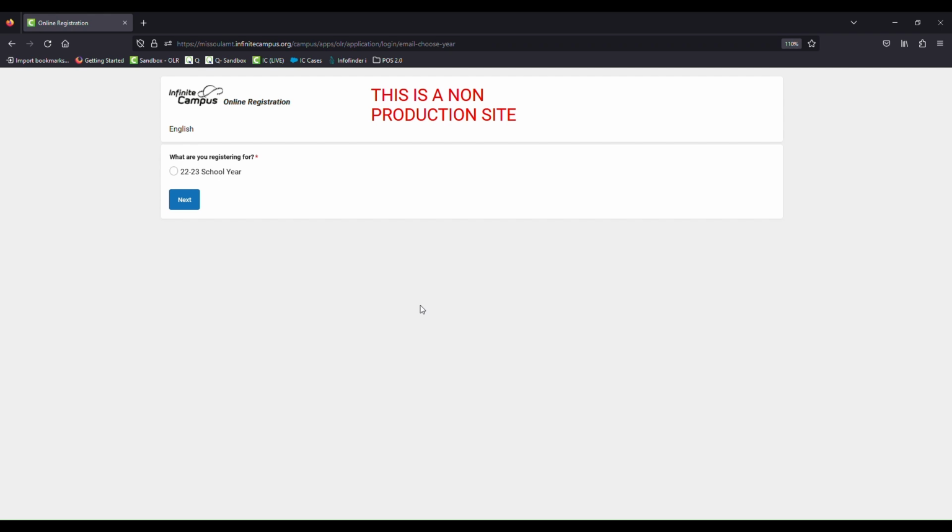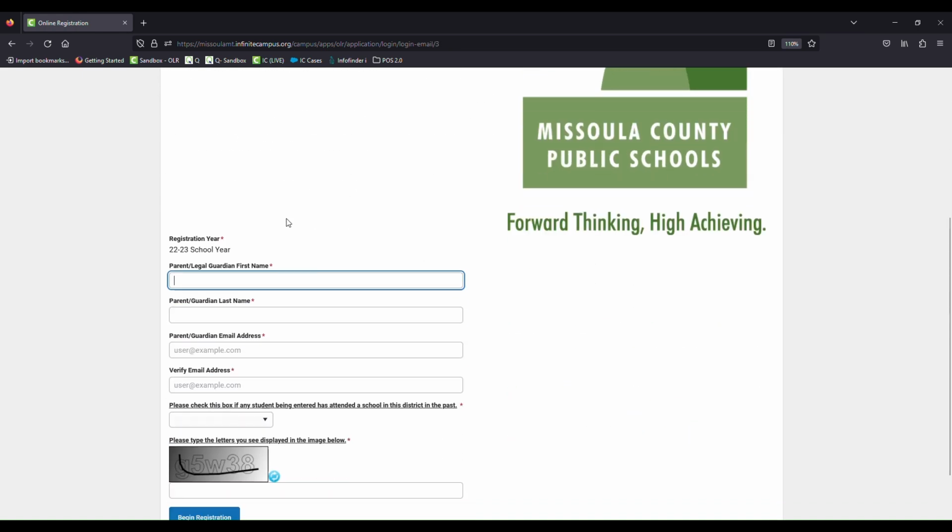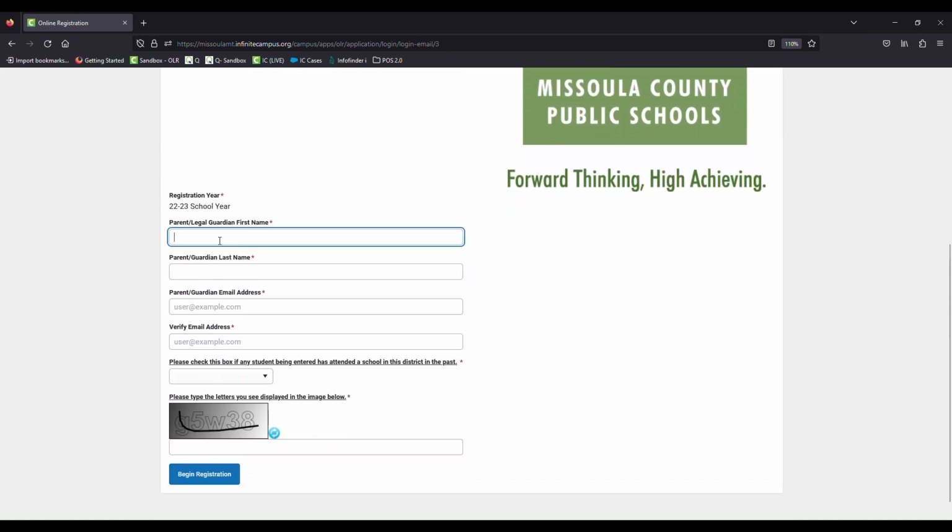If you've gotten to this point, you've received an email or a letter with a link that will get you to the Missoula County Public Schools online registration site. Once you're on this page, select the year that you're registering for. If it does not exist, please contact your school secretary. Click Next. Next, you'll need to enter your information